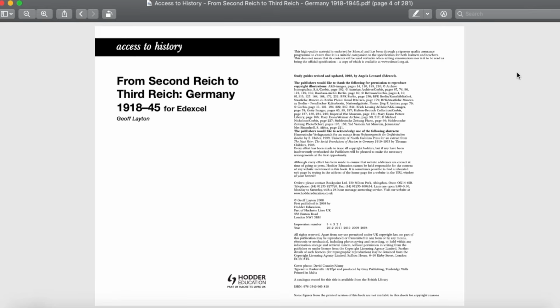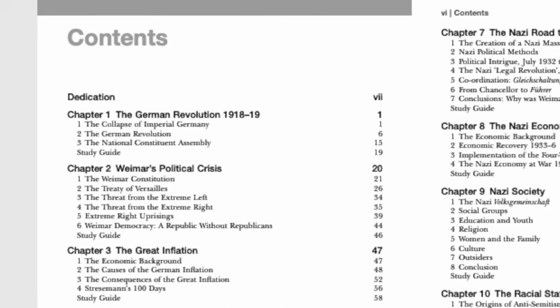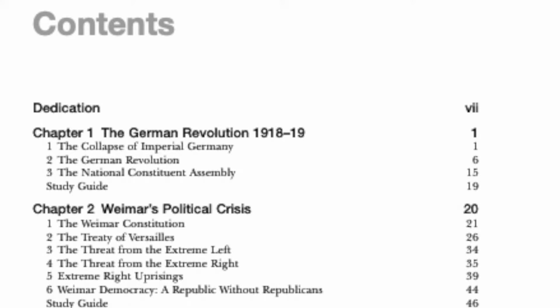So just briefly to go over the contents, Chapter 1 is the German Revolution, meaning the democratic revolution after World War I. The Kaiser abdicates, and we see the formation of the Weimar Government. We see Friedrich Ebert and the Social Democrats be the largest party in Germany, and they have quite the mess on their hands with Germany having lost the war, the armistice in late 1918, and the kind of chaos that will happen within Germany soon thereafter,